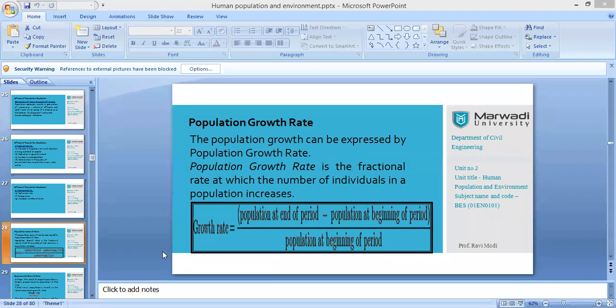But if you just consider the example, since Rajkot city is becoming the hub, before 10 years whatever the population was, that was accounting only for the Rajkot city. But now, due to the different facilities, people from the nearby areas are also increasingly coming to the city and residing in the city. So it is possible that it is having a growth rate of around 30 percent, which is a very huge